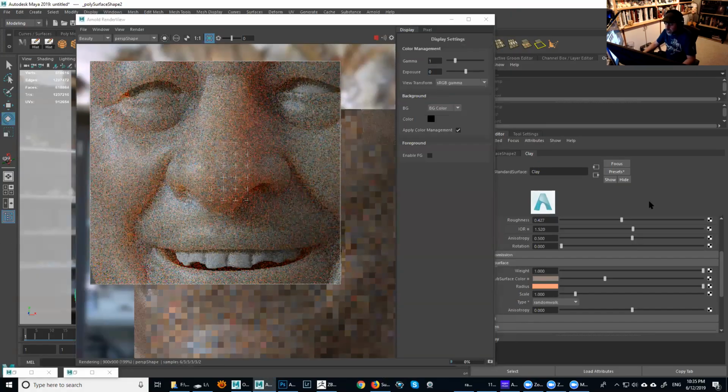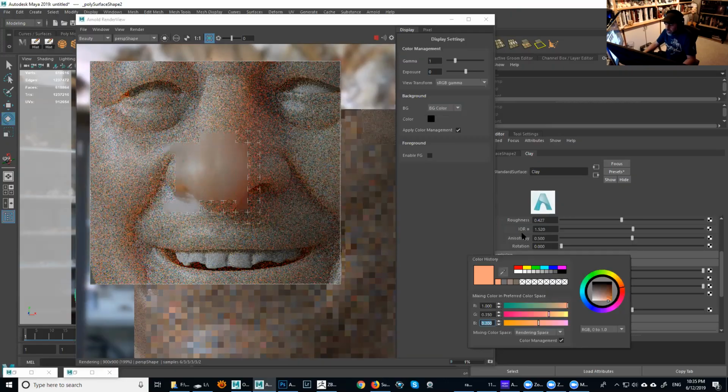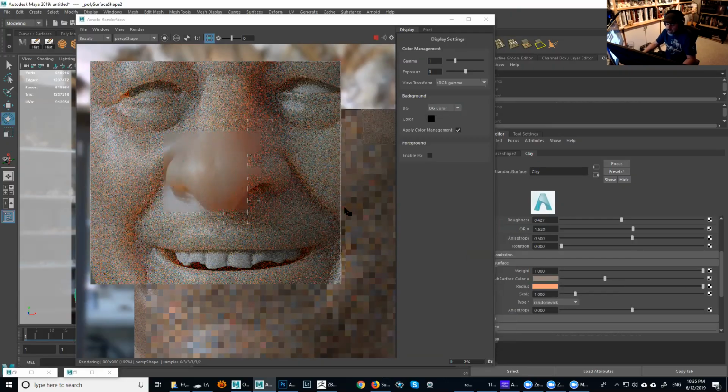So that color you see is kind of a saturated, peachy color. And that's expected because if you're trying to scatter, you're gonna get some blood vessels, but you're also gonna get some fat tissue and all kinds of stuff, right? So normally the color is a little bit more on the orange side of things.